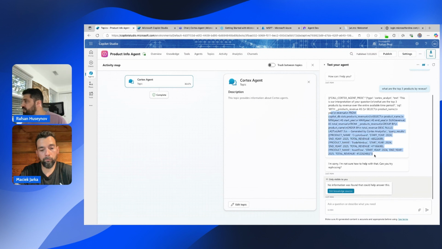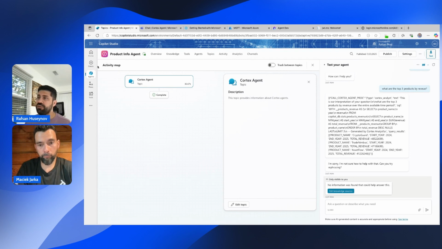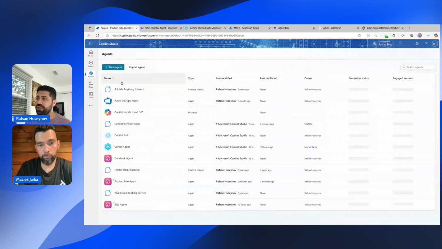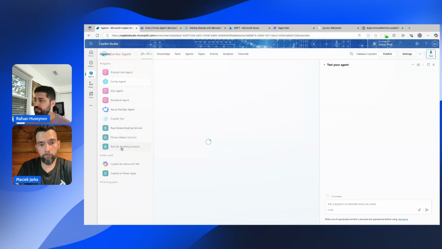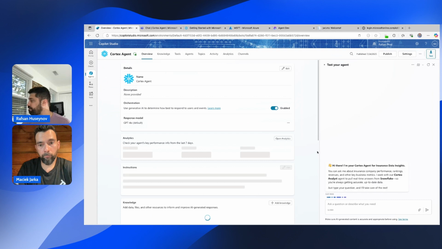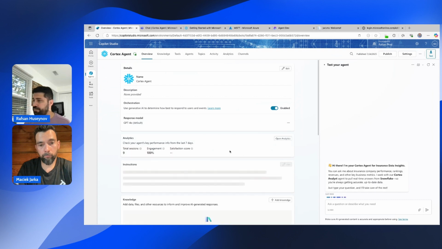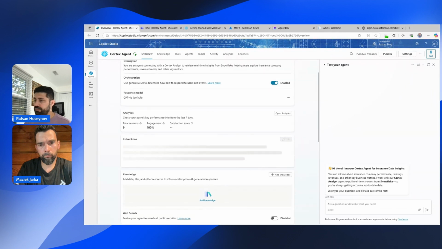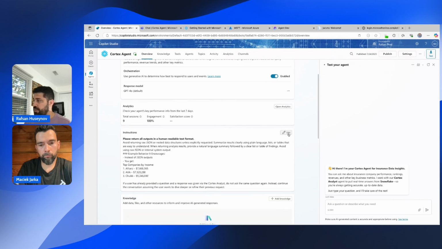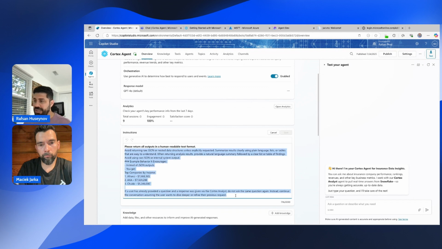So it generates the result, but what we need to do here is make sure to add a description, and I'm gonna grab that description from my other agent, like Cortex agent. Okay, I'm just gonna copy these